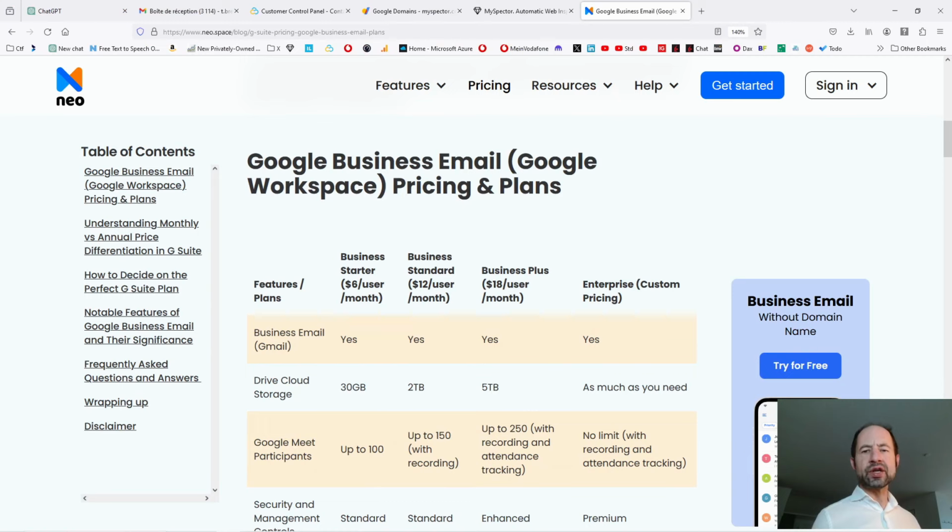And also, one reason why you should own your email server, and the reason why I do it, is to save money, because in fact there is a service provided by Google to handle your own email, but you must pay. And the price is quite amazing: it is $6 per user per month. So if on MySpector I want to create 2 accounts, I will need to pay 2 times $6 per month, so $12 per month. You can imagine for 1 year, it's more than $100.